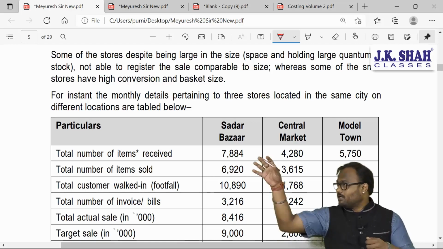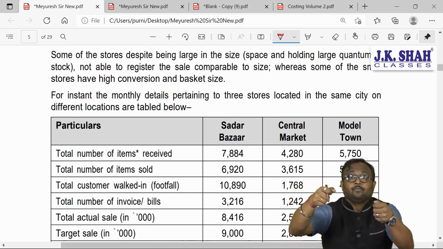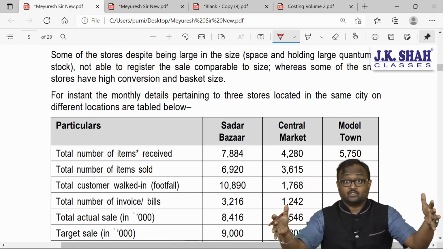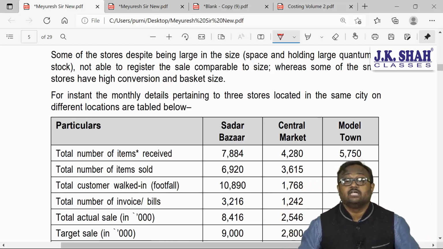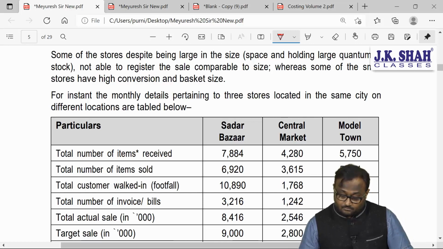You go to the supermarket, you keep on taking everything in the basket, you go to the counter and then you do the billing. That is basket size. How much you are buying, how many types of products you are buying at a time. That is basket size. So,